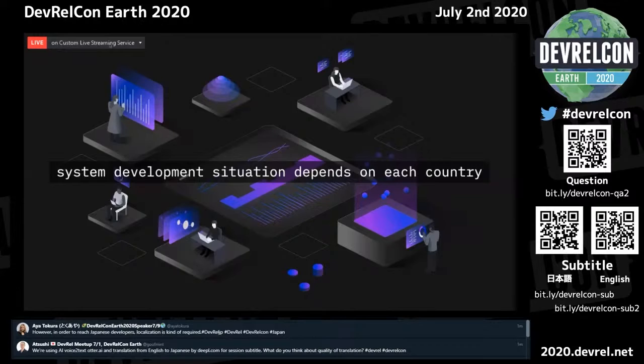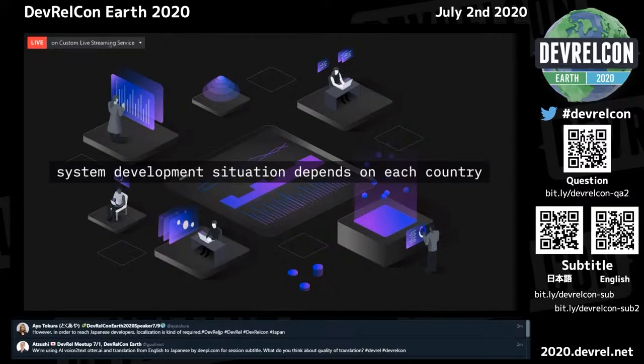System development situation depends on each country. For example, in Japan, currently in the IT industry, we have lots of construction-based development as order made.